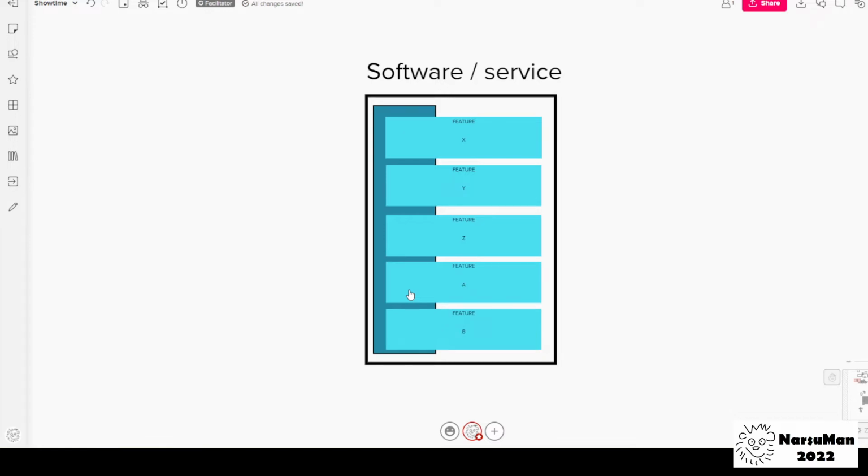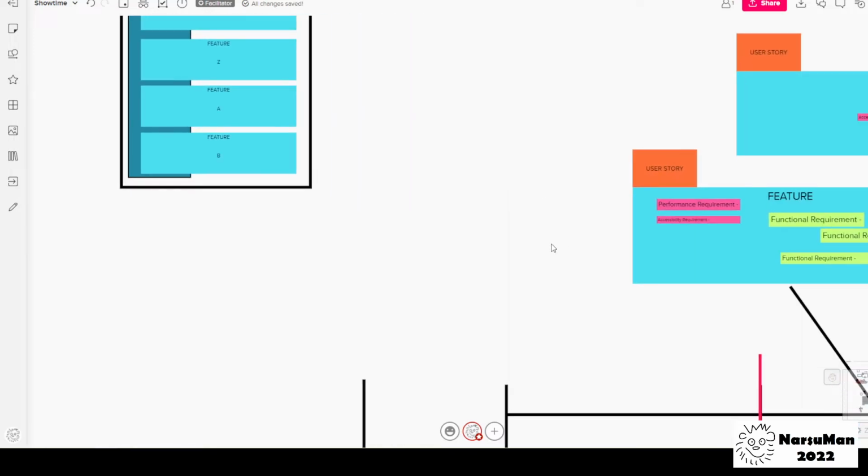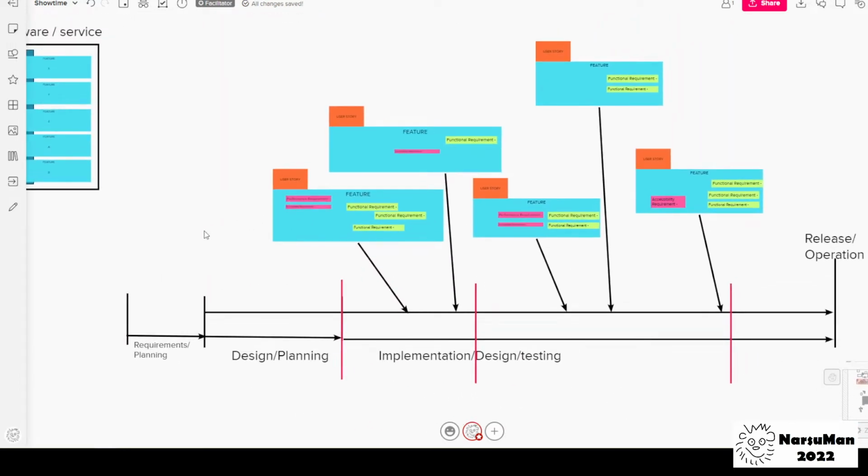And that's why in this video we are focusing on the idea that our software is one box which contains several features, and we are developing those within this whole solution here. So let's look at how it happens during the project and why we are talking about these features so much. I have drawn a little bit bigger picture here,